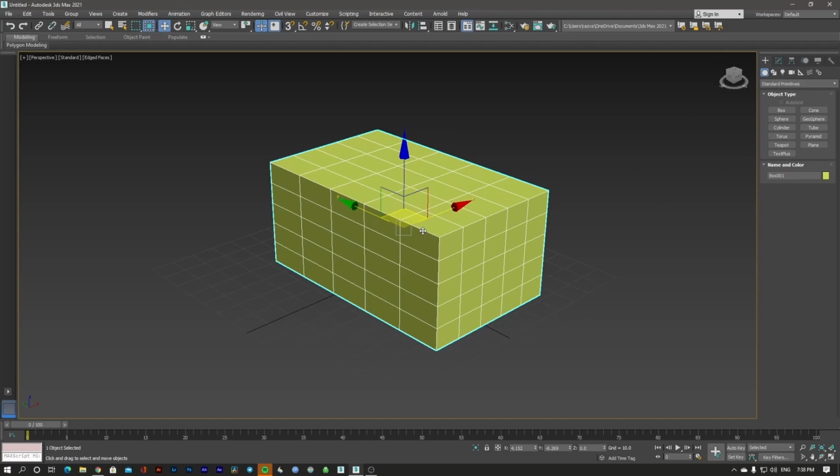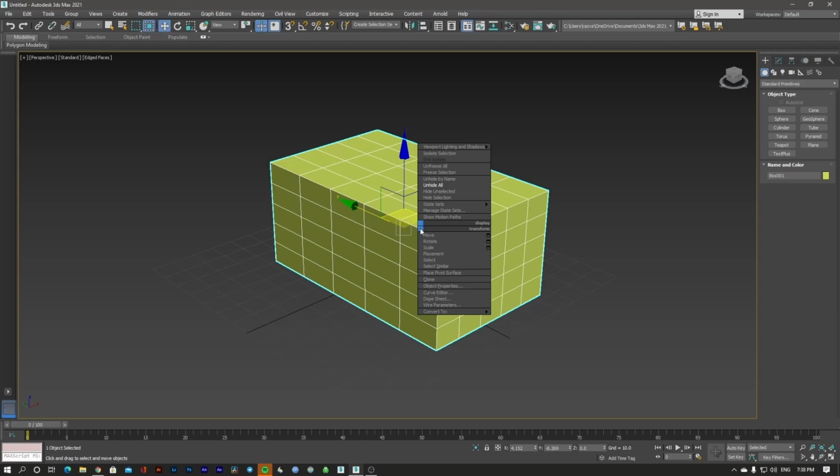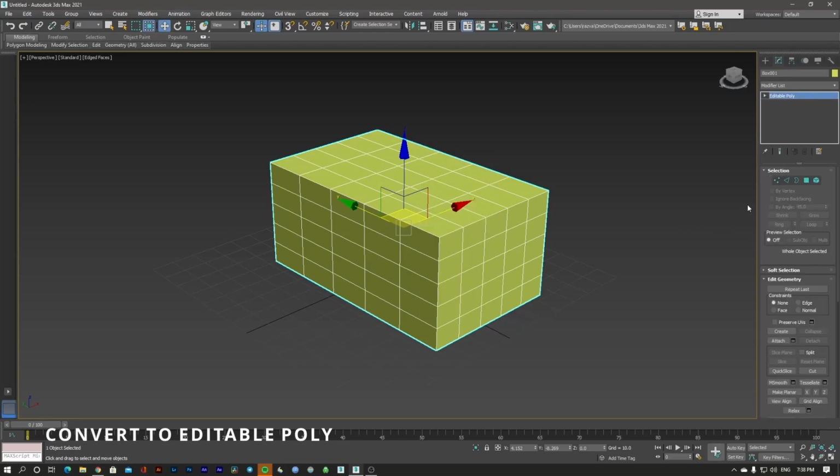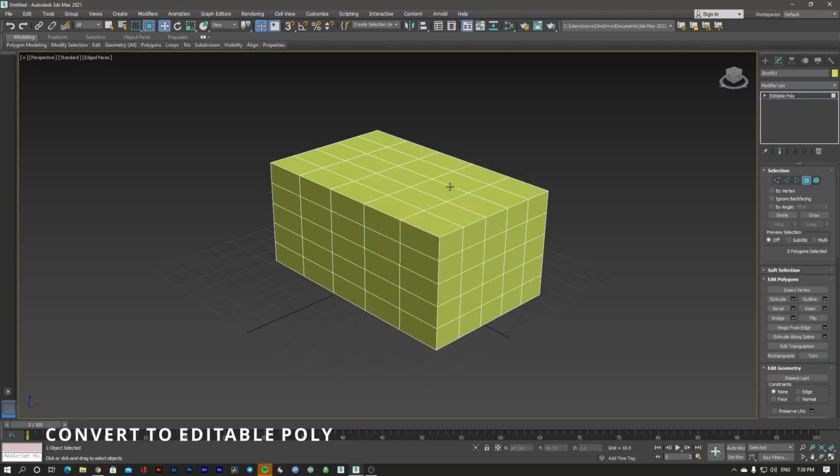So now I'm gonna do something new, that I'm not gonna right click on it, I'm gonna go to convert, and I'm gonna say convert to editable poly. And now I'm gonna select here on the selection of polygon from this, so I can select any polygon, and in the moment that I want to extrude here,